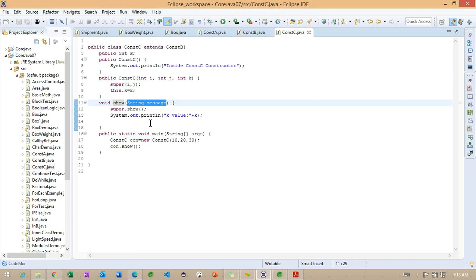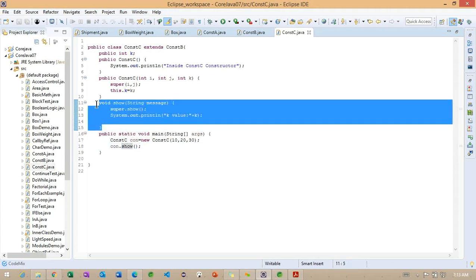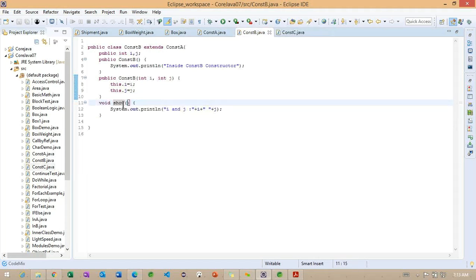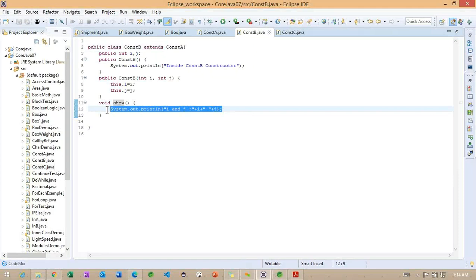So what it will do, whenever we create any object, first it checks in the same class. If it is not found, it will try to check in the super class. So even though we are working with a subclass reference and calling the method, the method is not available in the subclass. So using the subclass reference, we are going to call the superclass method. So the constructor B show method is executed here. You can see inside our console, the i, j values we are getting. The i, j values are coming from this. Getting the point. So this is very important here.